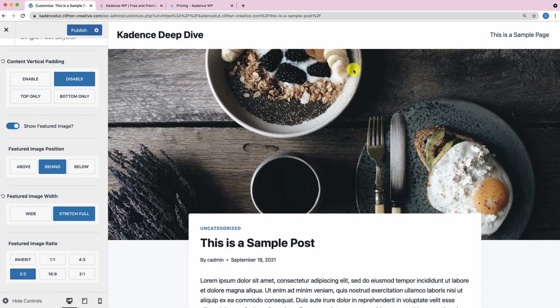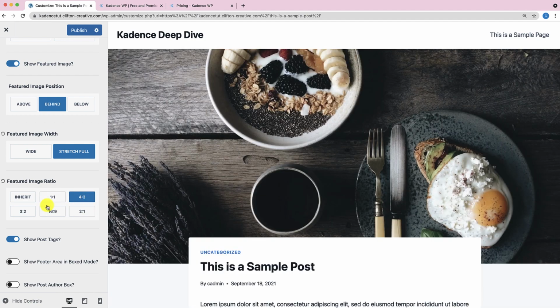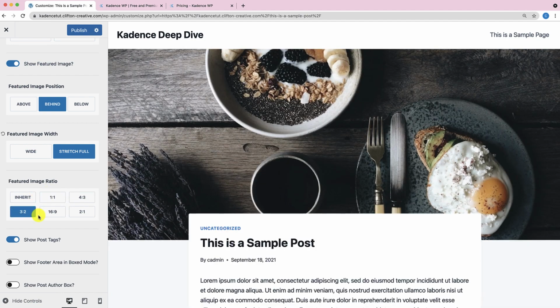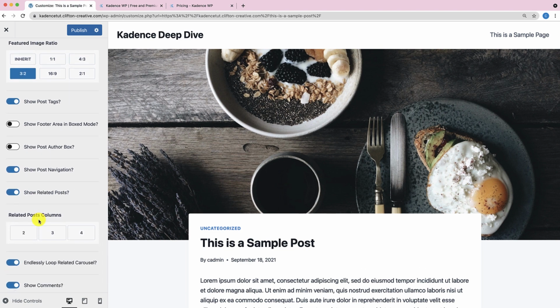Now, don't confuse this with the header option, because you notice that the heading option is inside of the content area, right? But we'll cover that later. So below here, we have the featured image ratio, same thing. You can change the ratio of the image to your liking, and then here are additional options for setting up